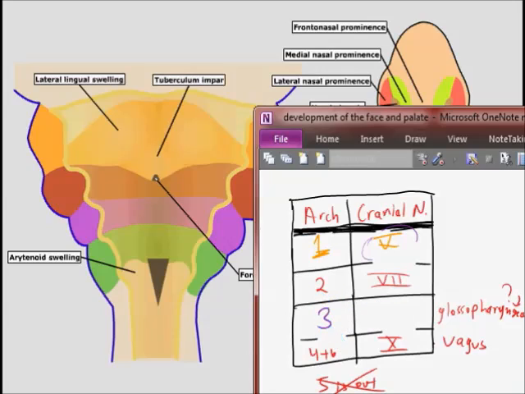Okay, so arch 3, it's by what? And then, so we can follow through with color, arch 4 plus 6 is number 10, which is the vagus. I find it easier if I can do it like that with color because I'm very color coordinated too. So anyway, we have arch number 1 in orange here, right? It's going to be innervated by the 5th cranial nerve, right? So how they put it with us is,